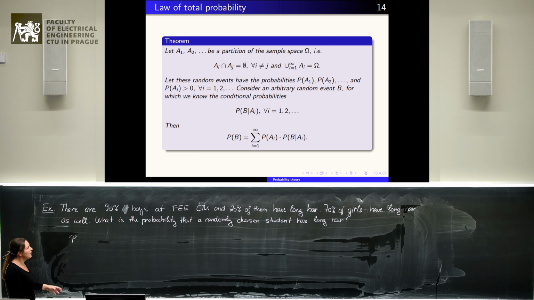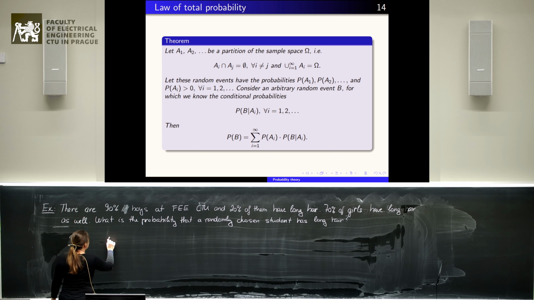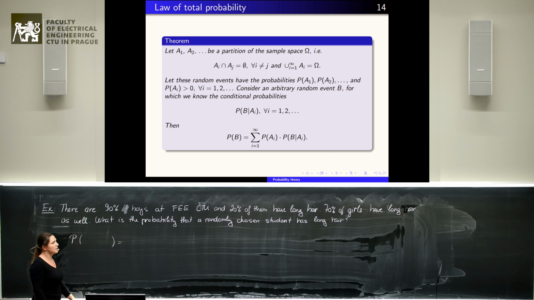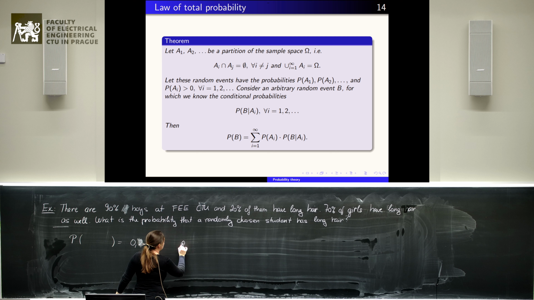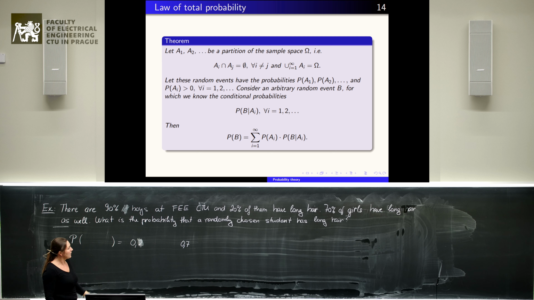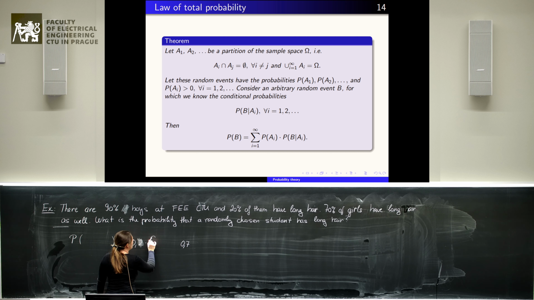It is, in fact, the ratio of students having long hair. And we know that when we randomly choose a boy, the probability of having long hair is 0.2. When we meet a girl, the probability is 0.7. But we cannot make a sum of these two numbers. We need to make some average, but it must be a weighted average because the probability 0.2 holds for 90%,